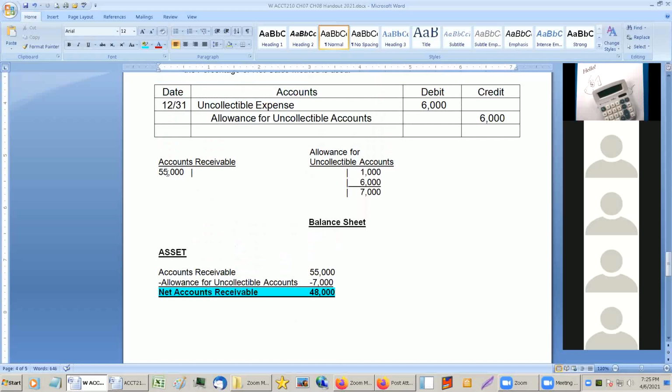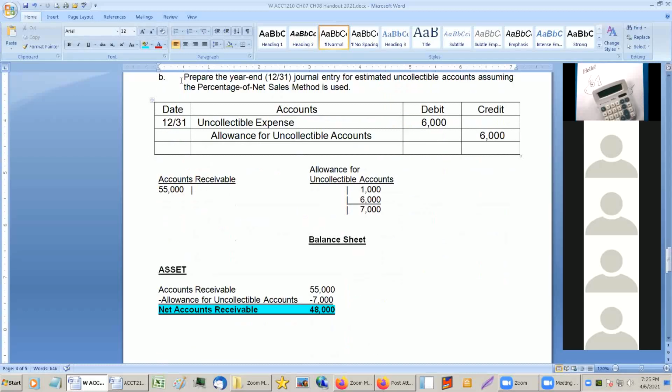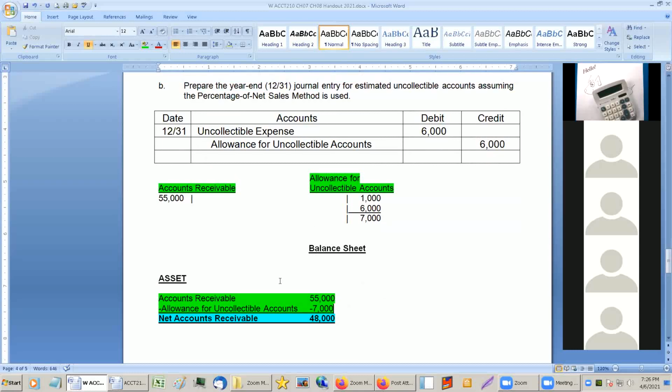And these two accounts here. What colors do I use? Okay, I'll use green. These two accounts here are kind of linked at the hip. They go together forever and ever. So these accounts go together. This is a contra account. This goes against the accounts receivable. And again, this account is necessary because we do not know